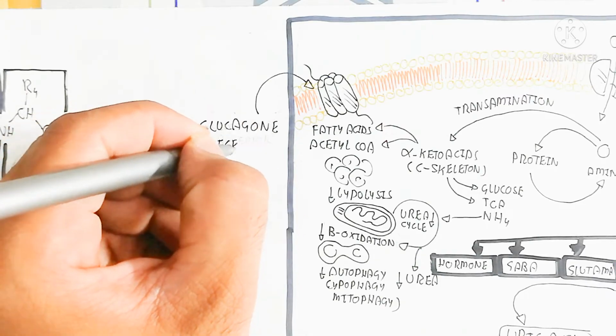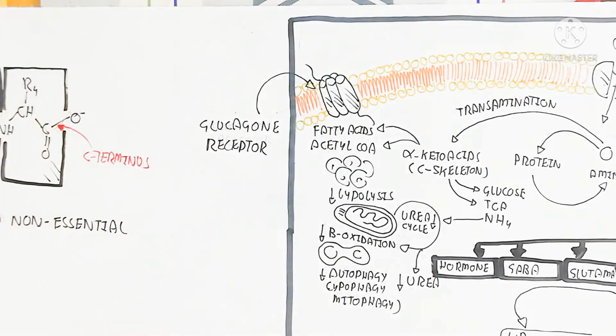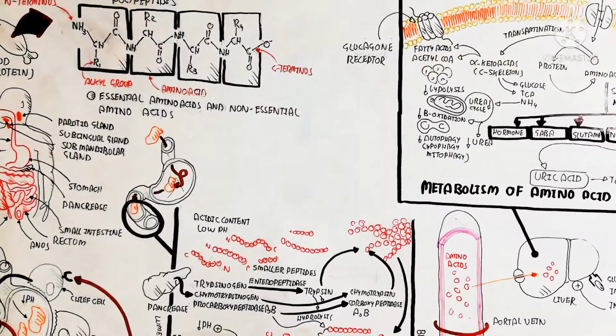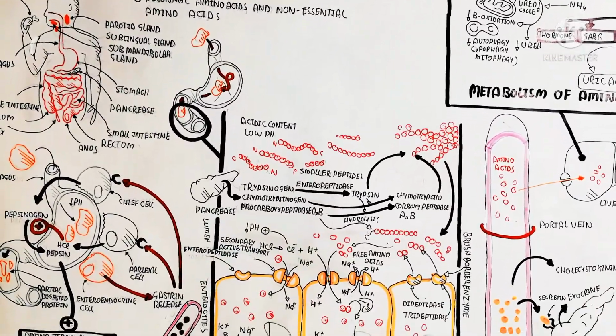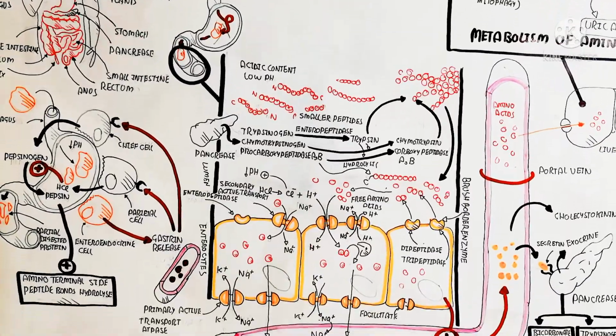But in this case here is a glucagon receptor. When glucagon binds, the synthesis of the variety of molecules will be decreased because the